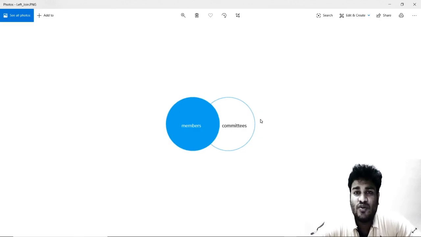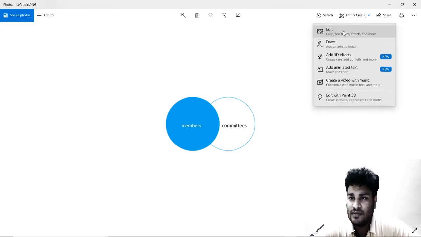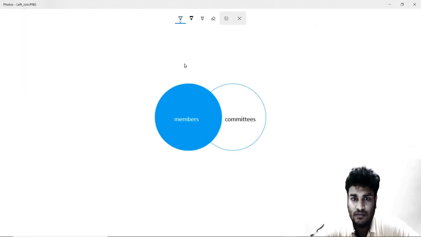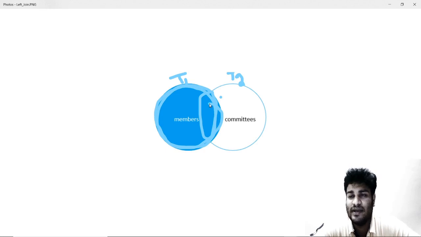So hello guys. Now we will have a discussion on left join. If you see this Venn diagram, this is table 1 and this is table 2. When we talk about inner join, we have just the part which is common in both the tables. But left join has the entire left table completely and the common part as well. So in this Venn diagram, this is what it explains.